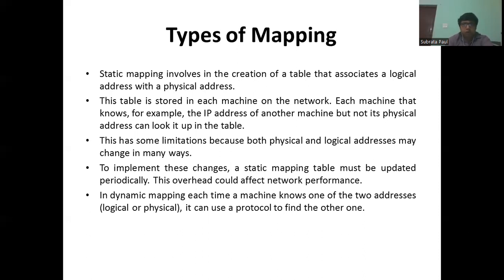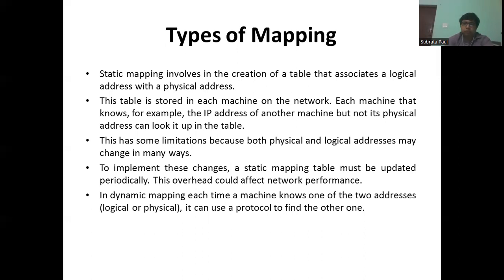Or if a host gets connected to the network via a VPN, virtual private network, the IP address also changes frequently. So in cases where there is a change in the physical address, the logical address, or both, static mapping will not help. Why? Because we would need to update the static mapping table at regular intervals,